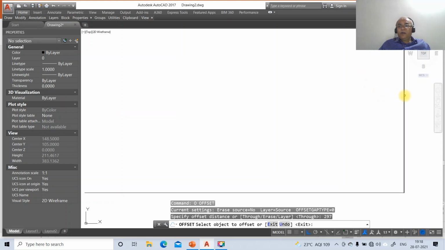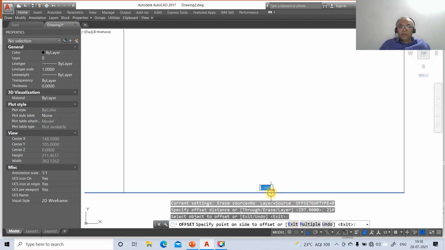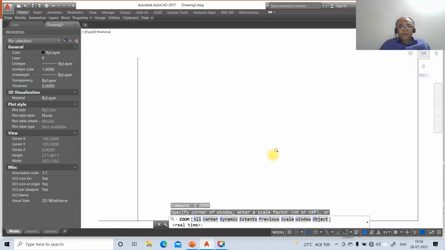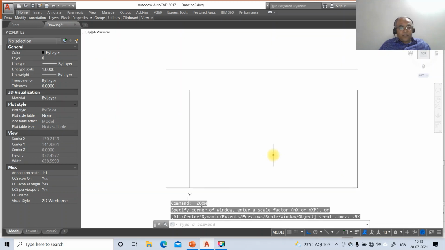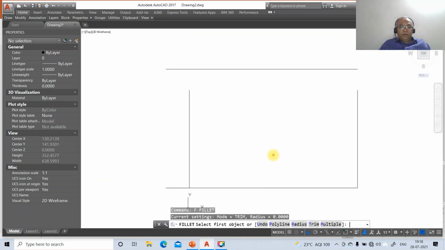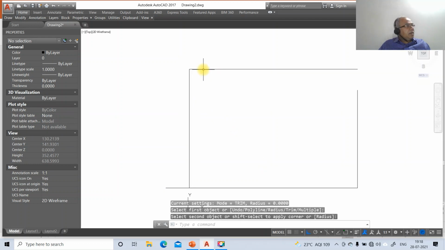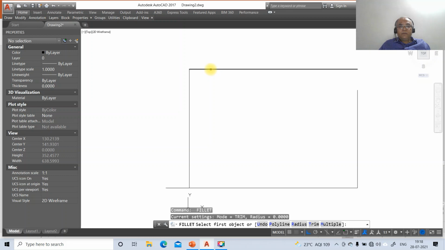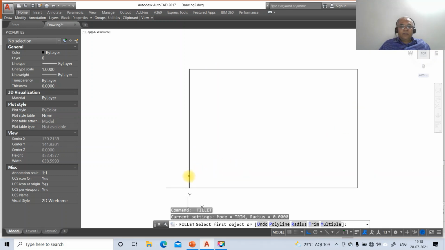Select this vertical line and offset to the left side, and again go to offset, take the distance as 210. Select this horizontal line and offset to the top side. Then go to zoom, extents, and zoom 0.6x, and then go to fillet. Fillet this vertical line and this horizontal line. Similarly, fillet between this horizontal and this vertical, and then between this vertical